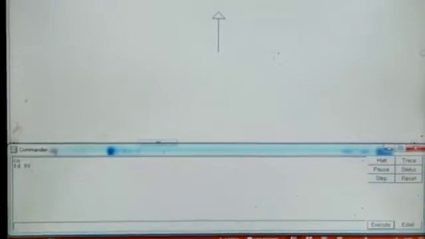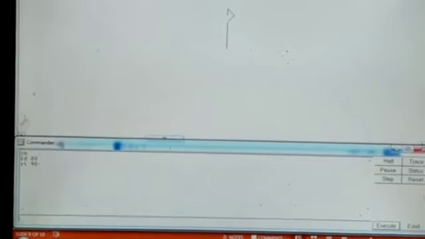Now I will draw a line, children. First I will show you how to draw a line, and also how the turtle moves without drawing a line. See. FD space 80, enter. Now you can see a line, children, here.